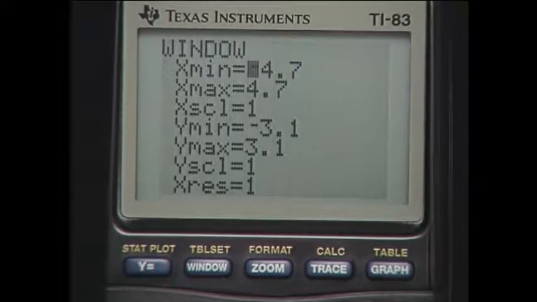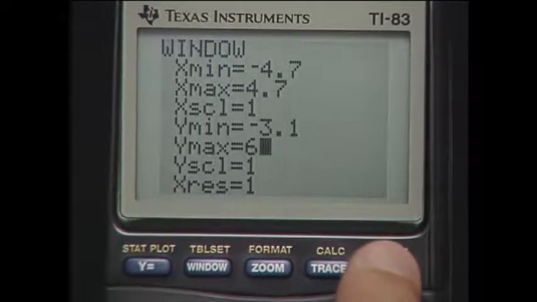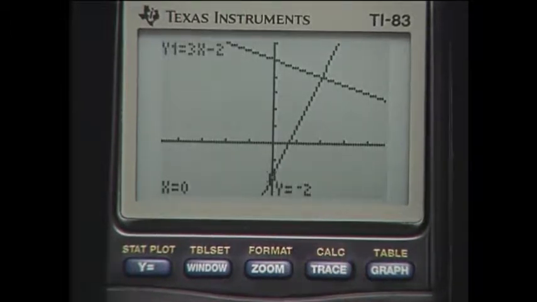I'll go to the window, and I'd like to look up a little bit, so I'll go down to Y max and change it to, oh, let's say something like 6. And going back to the graph, here come the two graphs. Now I can see the point of intersection clearly. Pressing trace, I want to go over to that point of